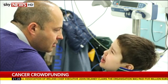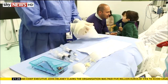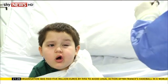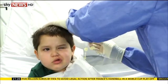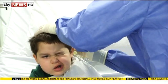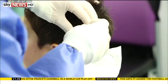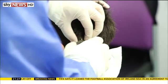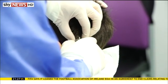This is the 5th time he's had this treatment, but for 5-year-old Googie, it's old hat. As the micro-catheters are attached to his skull, he's chatting away happily. But the technique his doctors are using is groundbreaking to try and overcome problems of getting cancer drugs into the